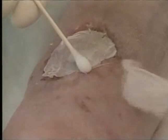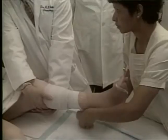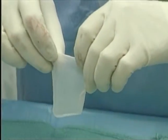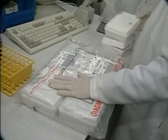It's then sent by overnight courier to doctors, packed in a nutrient-rich liquid. Doctors apply Apligraf directly to a wound and wrap the area with a compression bandage so that it will heal faster than conventional compression therapy alone. Apligraf is also being studied for use on other types of skin wounds, like those caused by diabetes, sickle cell